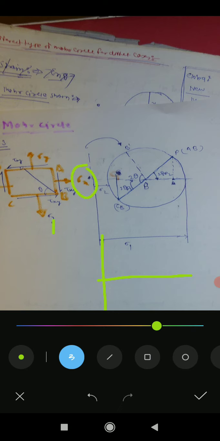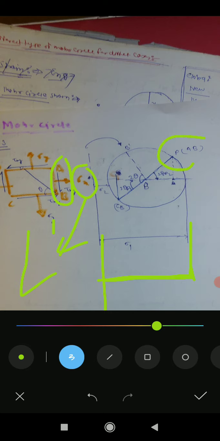What is the value of this? We will convert it into the scale. Let's say this is 40, so we'll convert it into 4. We'll go from here to here and stop here. Then another stress is also acting on this, so we'll go vertical side. We took it as positive because this one is clockwise. So from this to this we will go upside. So we find this point P.